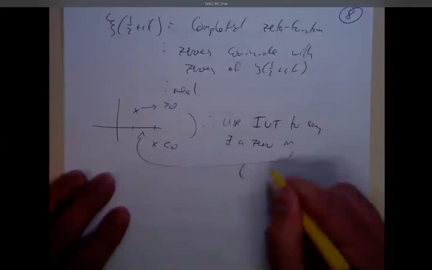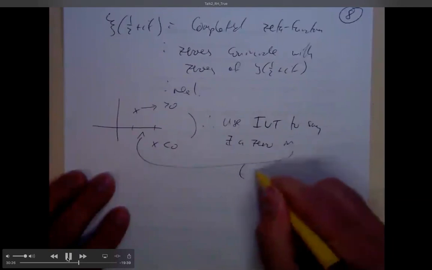No one ever finds a zero. But by doing this, you convert a very difficult problem, because in general finding the zero of a complex function is not a trivial thing to do, into a straight up first year calculus problem of finding something that's positive here, negative there, so therefore it has to be zero in between.